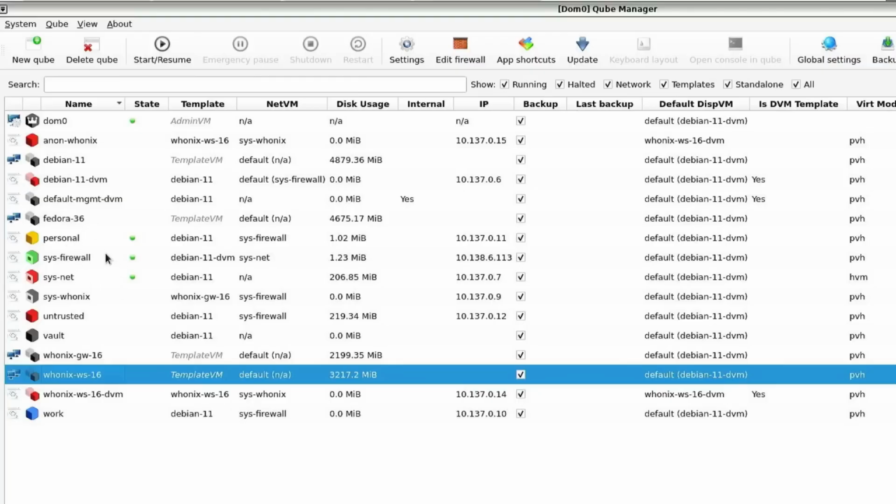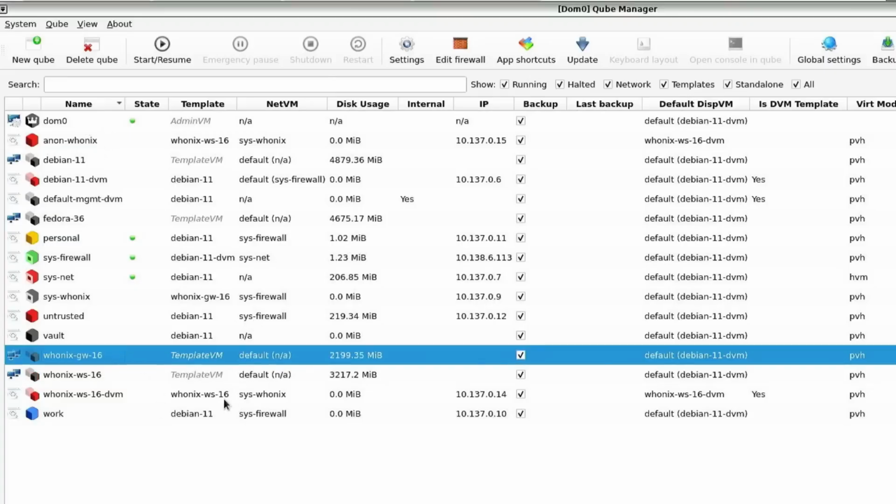Because the whole idea with Qubes OS is if someone's really trying to get you, especially if it's a state actor, right? If it's an alphabet agency that's after you, they're going to get you eventually. They're going to compromise one of these cubes. So they're meant to be disposable. All of them are meant to be thrown away. That's why you never actually boot into these templates.